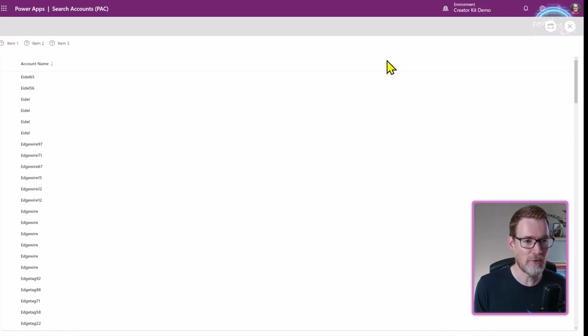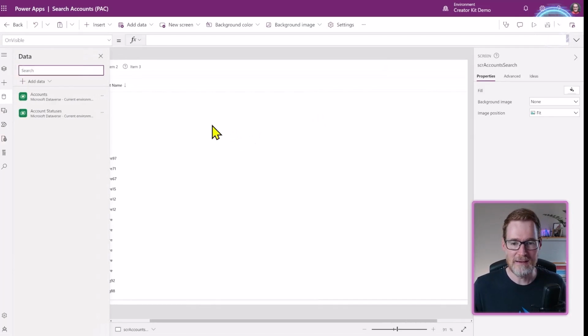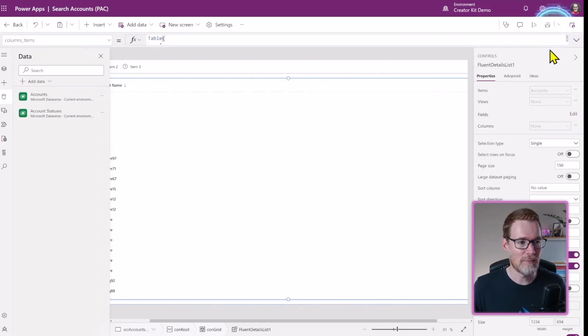And that's quite good, because there are some column types such as choices, so that choice that we were just filtering on, industries, you currently can't sort by. So you can't sort by choice columns in a delegated way. You'd have to download them and then sort them, which is a bit awkward. But because we're using the details list, it actually enables us to sort because it's doing it internally. So I'm going to go and add in now the rest of these columns.